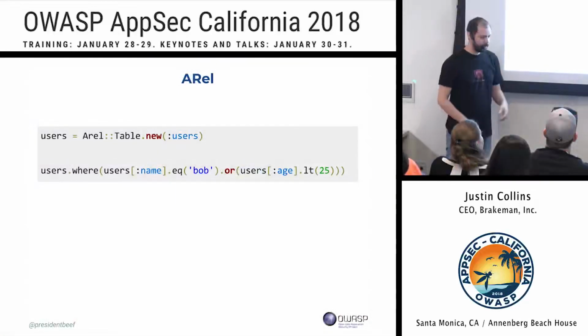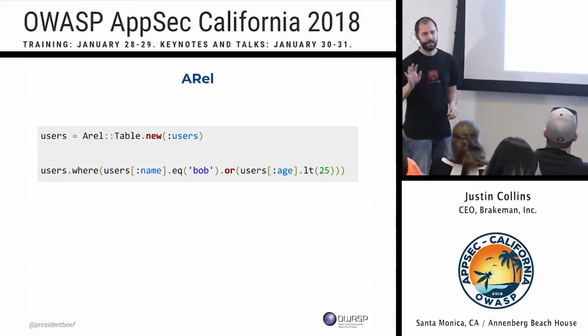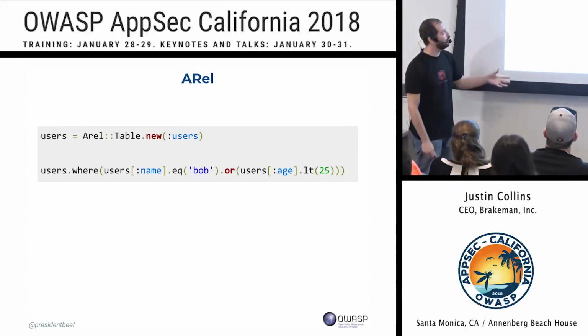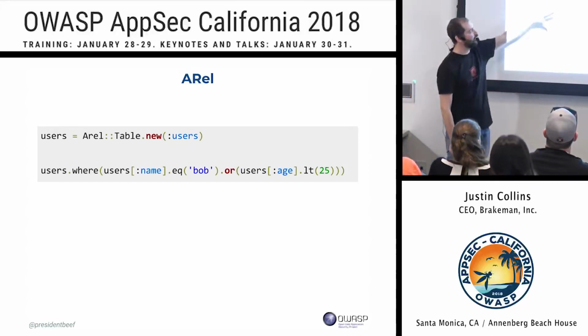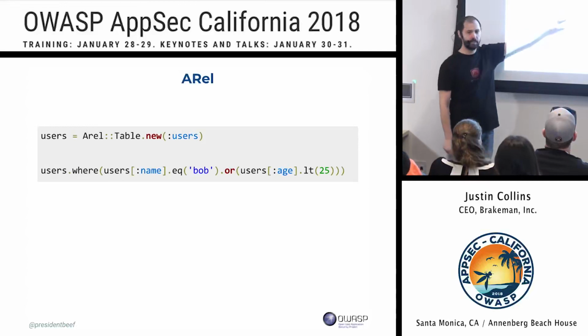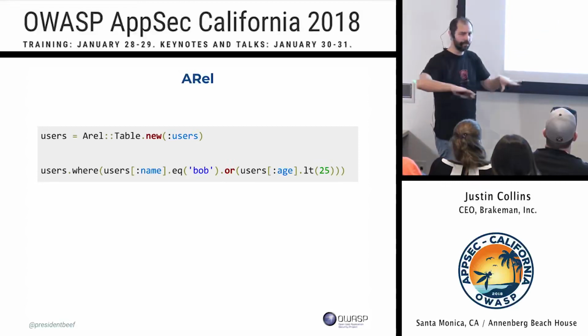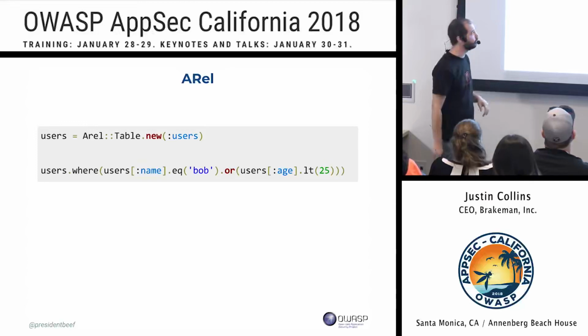Here's an example from the Rails world. I'm not saying this is the best way to do things. I'm just saying this gives you an idea. Instead of manipulating strings, we're making these method calls, and everything that gets passed in is going to be treated appropriately in the query. So we can pass in untrusted input here, and it'll be properly escaped, and it will generate the query for us. So we're not working at the string level anymore. We're at least one step up from there.